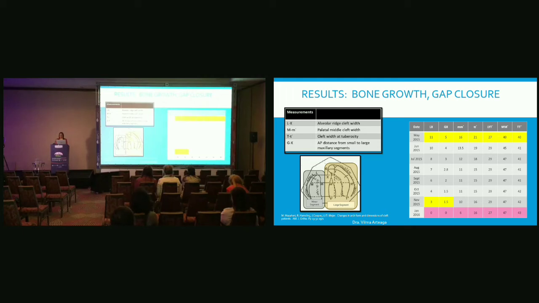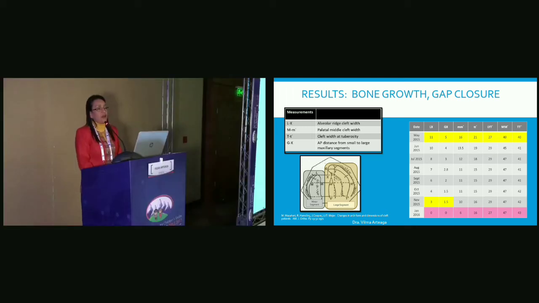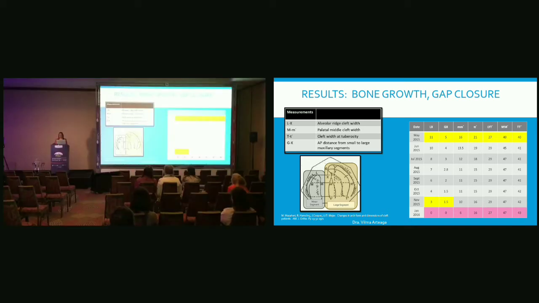But the most important thing I want to underline here is the capital M's. The capital M's is the total growth of the maxilla in the transverse plane. And you see he started with 40 millimeters. And by the time he went to the primary lip repair, the maxilla had grown 7 millimeters on the transverse plane. And this is important because one of the most